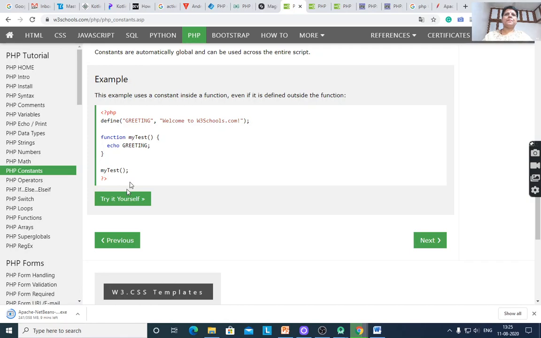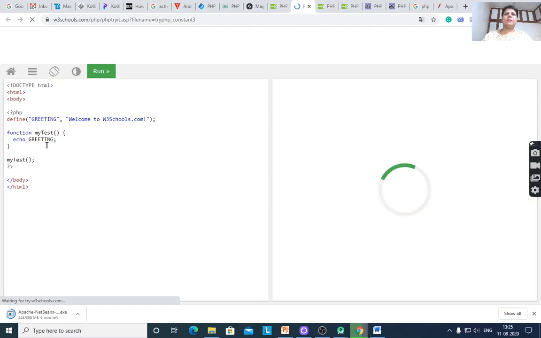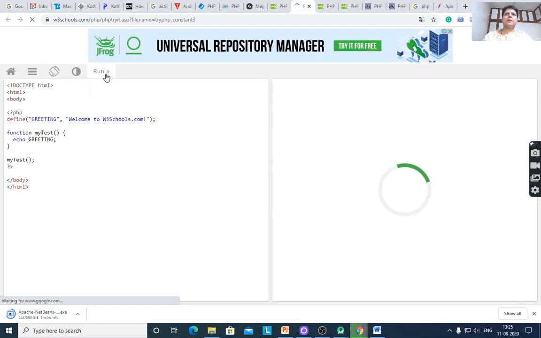You can directly call myTest in the program. After execution, inside the function you can access this constant because it is global.